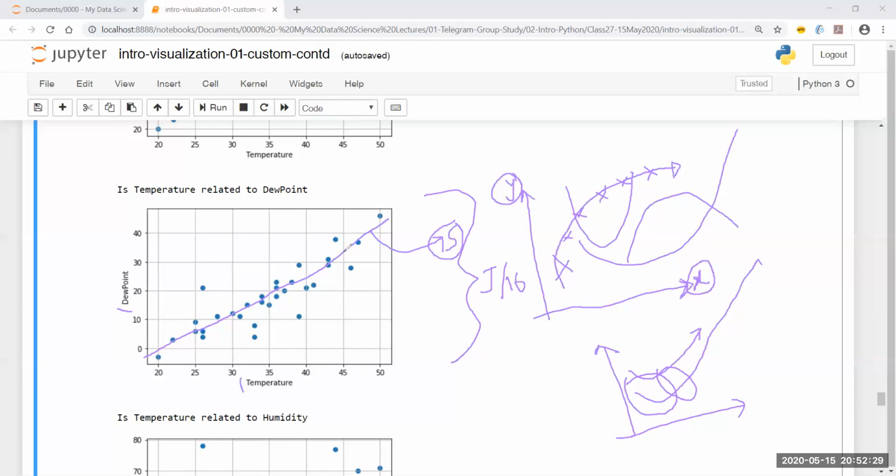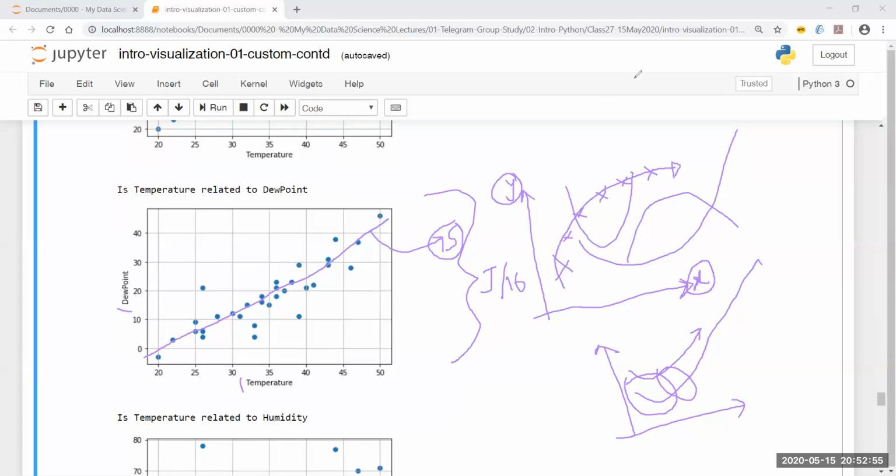Now, if this is really true and our sample is really representative of the entire New York City weather data set, then it's quite obvious that we can formulate a hypothesis or a question here: is it always the case that temperature and dew point are linearly related, in the sense that as the temperature increases, the dew point also increases?